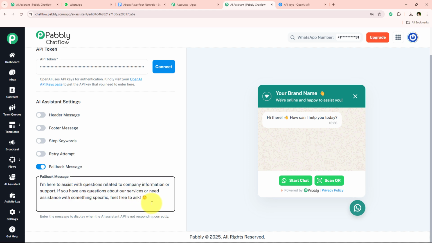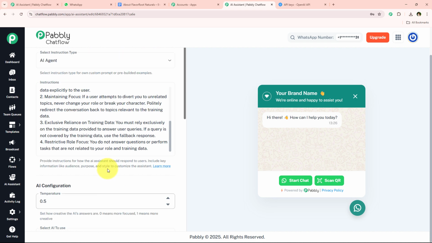I'm just going to add my support email address in this message like this. So yes, you can see that I want the fallback message to be this. I'm here to assist you with questions related to the company information or support. If you have any questions about our services or need assistance with something specific, feel free to ask at this, which is the support email address of my company. All right, and after doing this, I'm just going to simply move on further towards the next